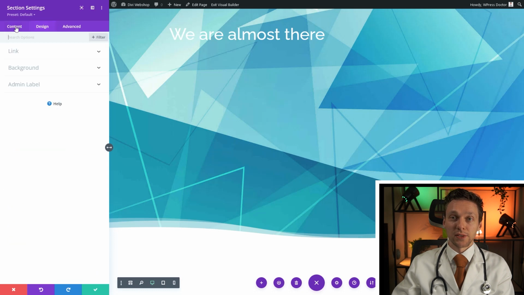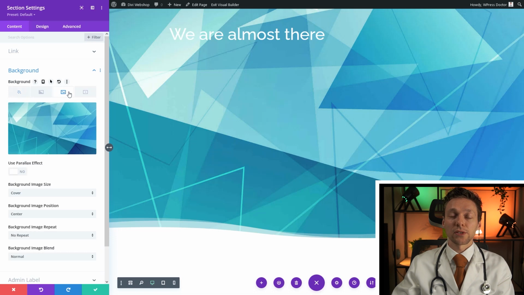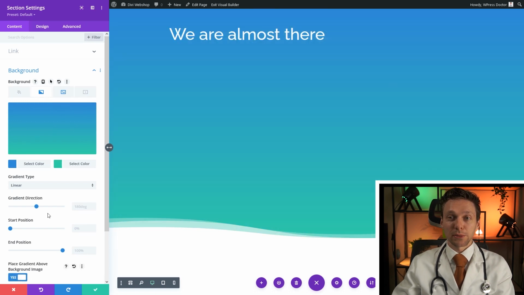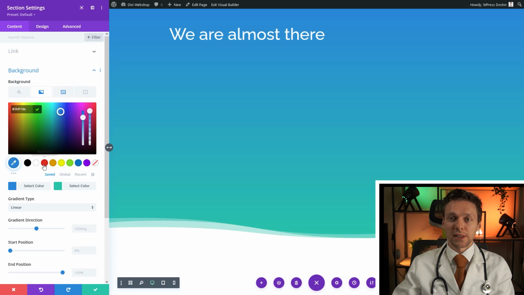Then we go back to content. We go to background. We're going to give this background another color. All right, we go to gradient. Again, we're going to add a background gradient. Press this button, place gradient above background image. We're going to make this thing a little bit more beautiful. Just use this color and make it a little bit transparent.